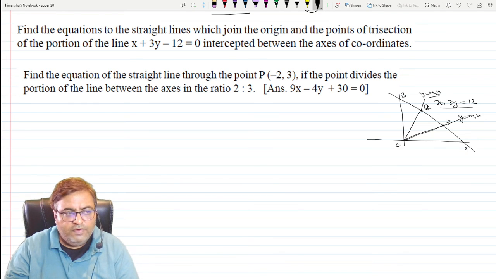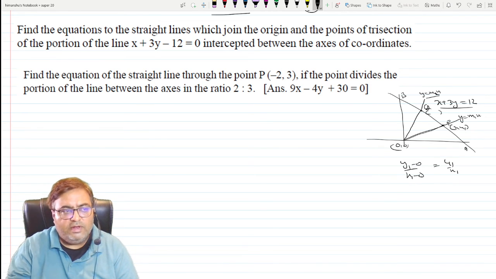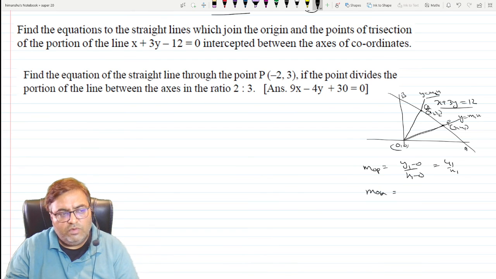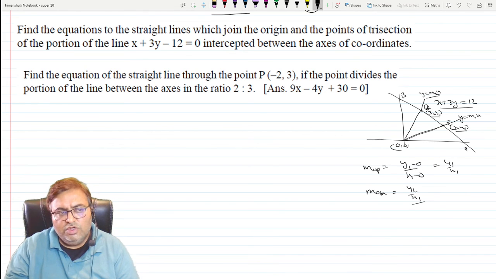Okay, now in order to find the slope, with O as 0, 0, if I can gather the coordinates of P or the coordinates of Q. Okay. If you know the coordinates of this point as x1, y1, then the slope of OP will be y1 minus 0 upon x1 minus 0, that is y1 upon x1. And with this point being x2, y2, the slope of OQ will be equals to what? Similarly y2 upon x2. So similarly the whole question comes down to finding x1, y1 and x2, y2. As these are the points of trisection, we require these points.